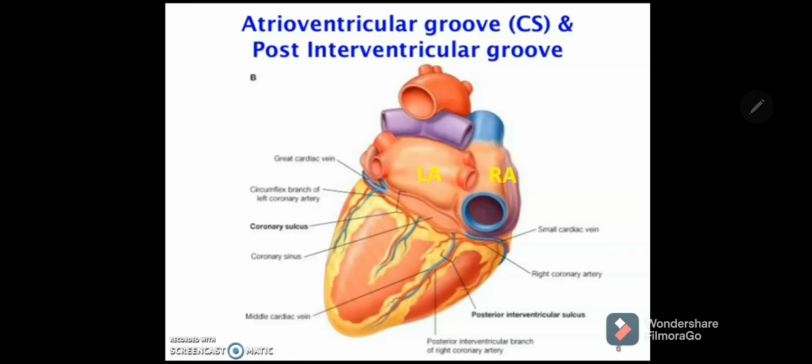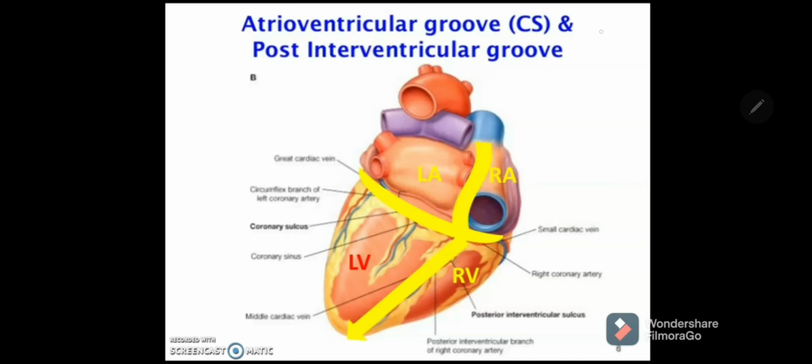So you can notice there, left atrium and right atrium, and left ventricle and right ventricle. This base and diaphragmatic surface you are observing, base is formed by the atria, diaphragmatic surface is formed by the ventricles. Here the ventricles are separated by the posterior interventricular sulcus, atria by the oblique interatrial sulcus, and atria and ventricles by this posterior atrioventricular sulcus or coronary sulcus.